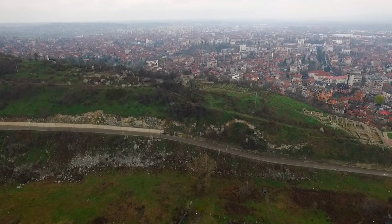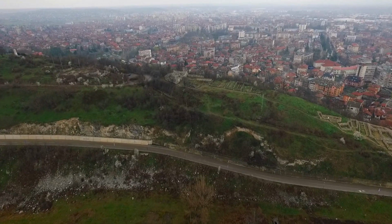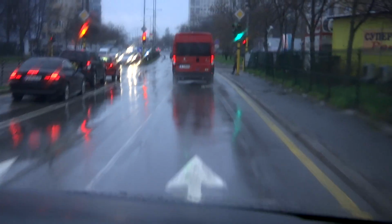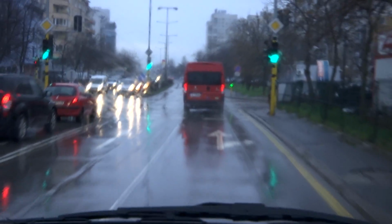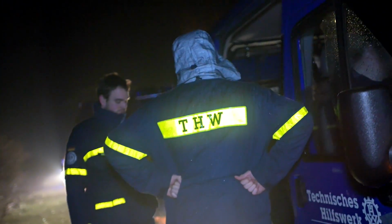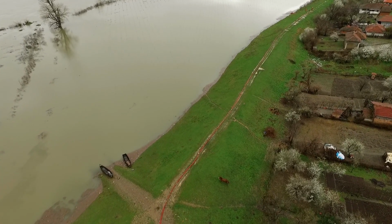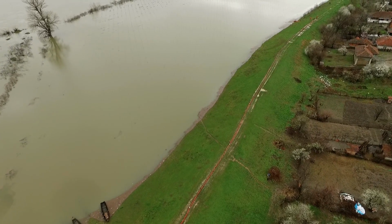That was the most challenging exercise because the weather was in accordance with a flood situation. I mean, the weather was so bad that at a certain moment the modules had to face a real flood situation. In fact, we were helping some villages in dealing with the flood. We were very lucky with the weather because it was very rainy and windy, so it was perfect for